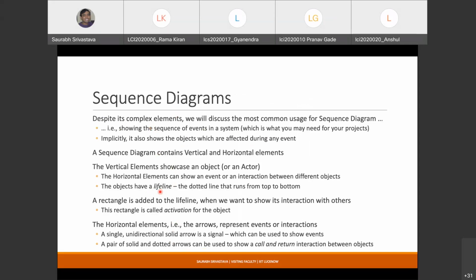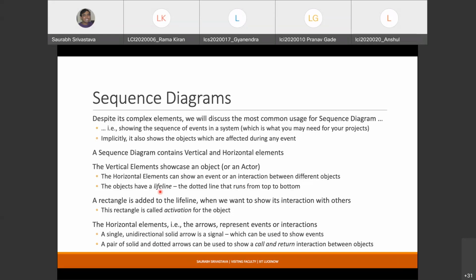The reason for drawing these lines is that sequence diagrams show you how things happen in the temporal view, as in related to time. They try to show you the sequence of different events as they happen when the system is executed. Remember that the state diagram does not show you the sequence of events. I mean, you can say that this state goes to this state when this event happens, but it doesn't tell you when exactly these events will happen, right?